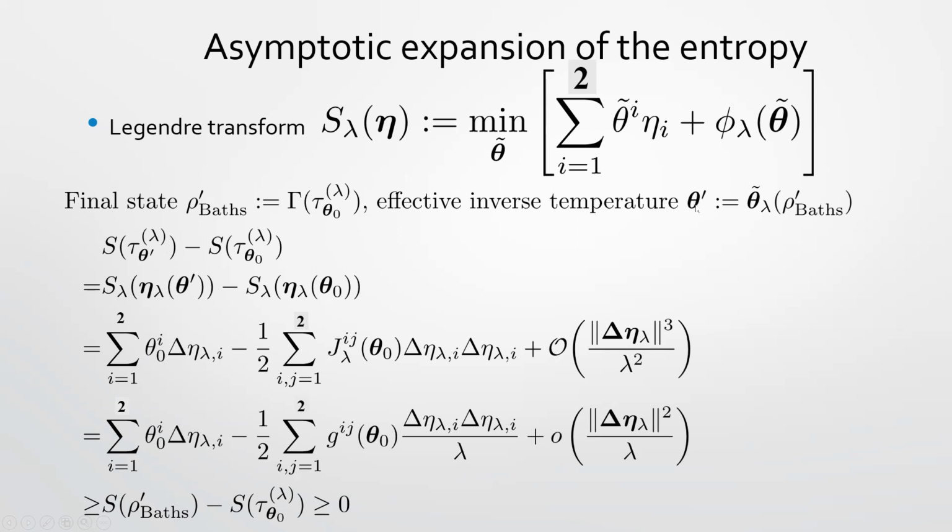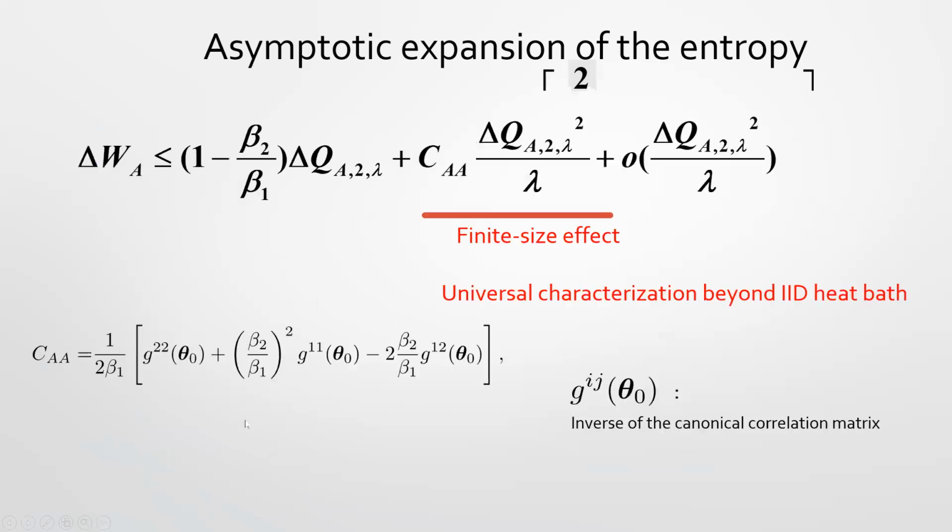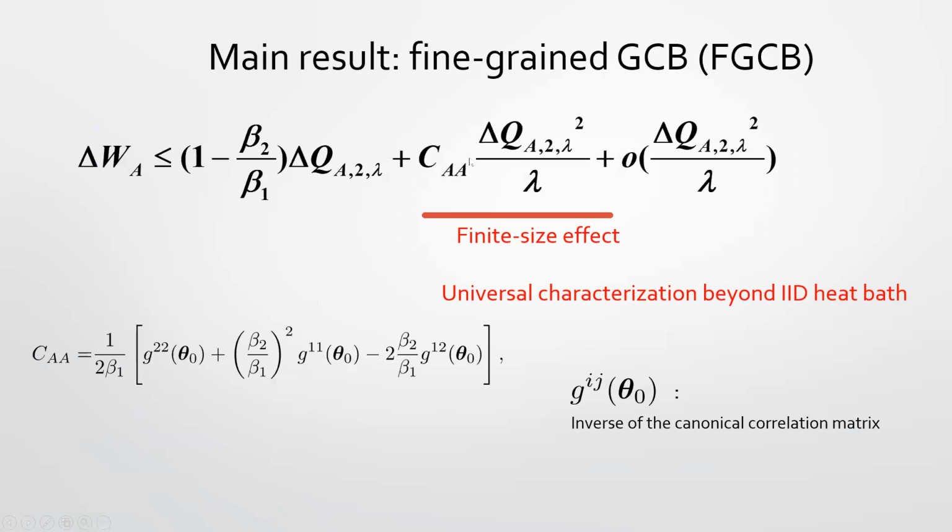In some sense, this is the ideal state, and this is the real state. So the real state is not a thermal state, but we choose some ideal thermal state such that their physical quantity is the same as the final state. So considering this way, we have some discussion, and then we have this kind of second order correction. So using that discussion, finally we can obtain this second order coefficient in this way.